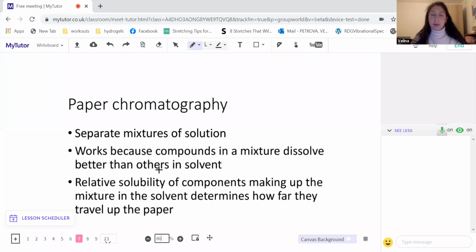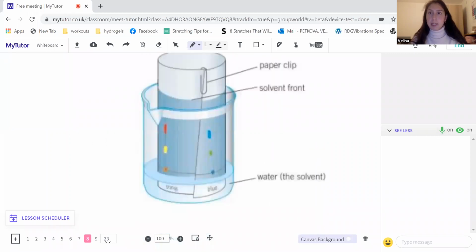It works because some compounds in a mixture dissolve better than others in a solvent. So if we've got a mixture of a liquid with lots of different substances, they dissolve differently in different solvents. The relative solubility of a component making up the mixture in a solvent determines how far it travels up the paper. This will become a bit clearer when we look at the example. So in this case,